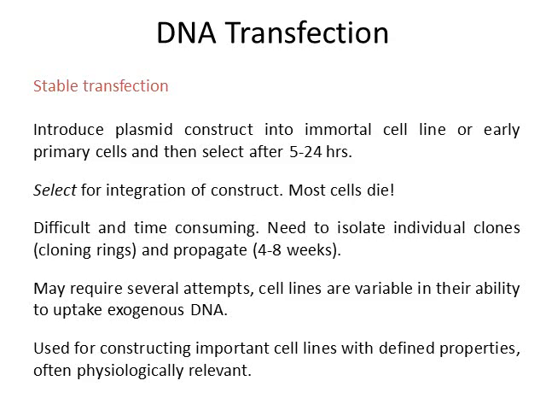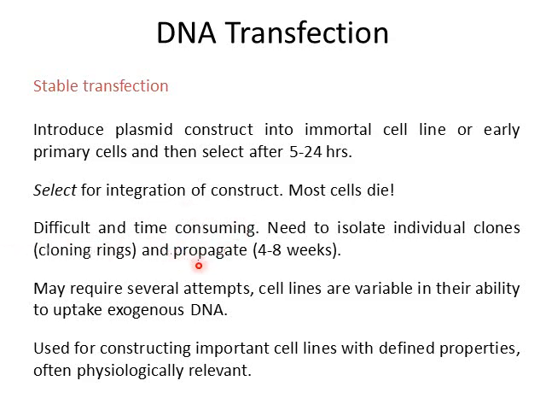So either way, what you do in a stable transfection is you get the plasmid DNA into the cell by a transfection, say with lipofectamine again, and then you're selecting for this integration event. The thing to realise is most cells will die. So you transfect, you add the antibiotic to try and select for cells which have undergone the integration event. Most of the cells, 99.9% of them, won't have undergone the event. So the vast majority of cells will die. You're looking for a needle in a haystack a lot of the time, and for that reason it's difficult and